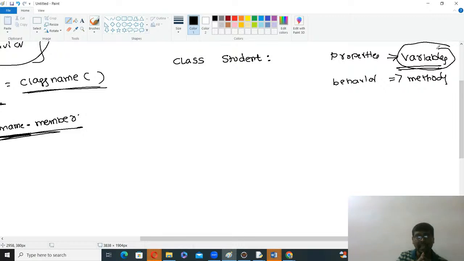What is the first term? What is a class? Okay, class definition is clear. How to create a class is fine. Second one, what is an object? How to create an object? Third one, within the class, you are writing the variables, you are writing the methods. Okay, now the most important one is there, that is